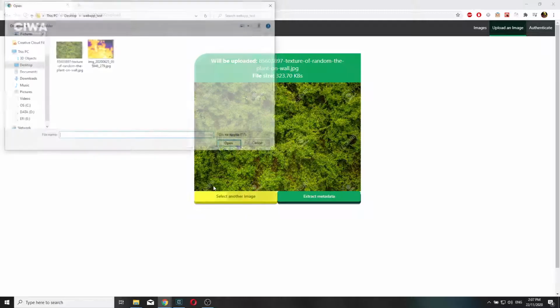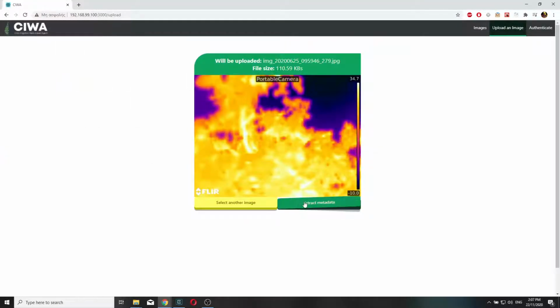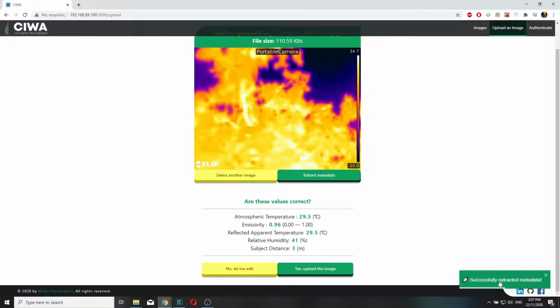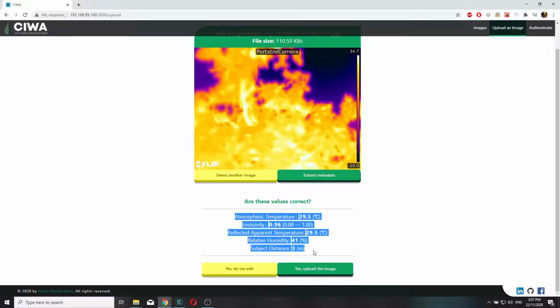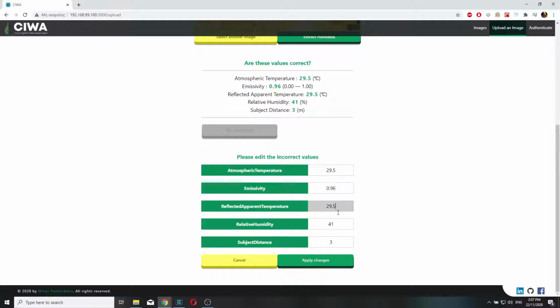Here I will now try to upload a proper FLIR AX8 image. So I extract the metadata, I get a message from the backend. So here I have the metadata that a user should change if they are not appropriately calibrated in the camera. Here I get the chance to edit all this metadata,